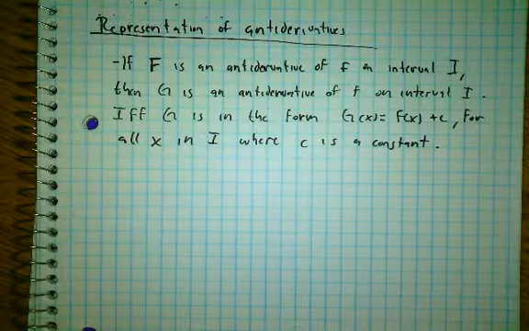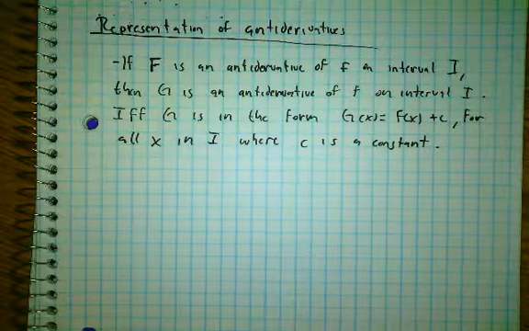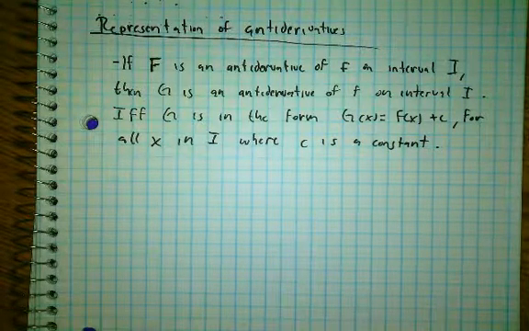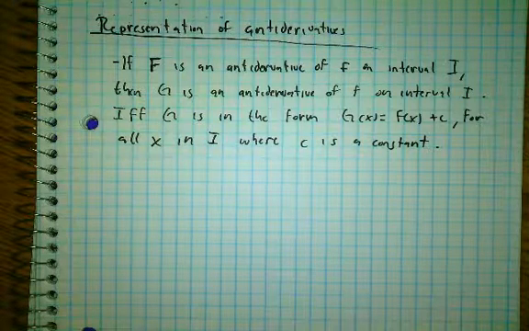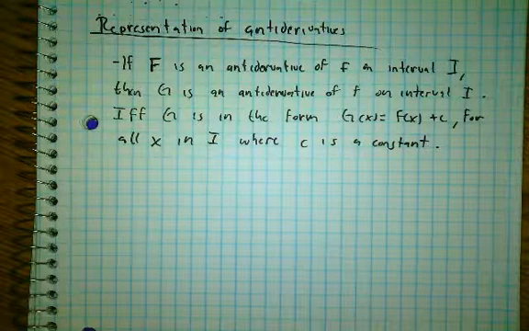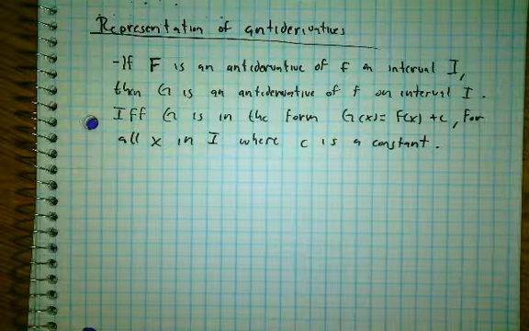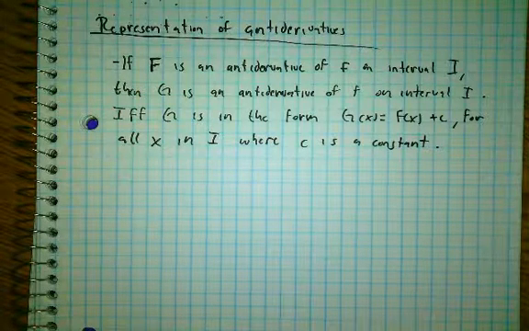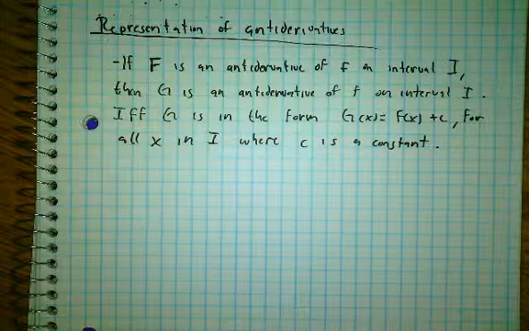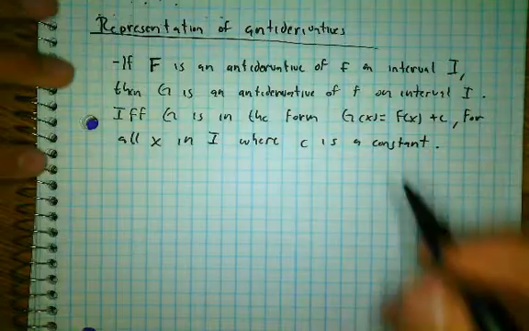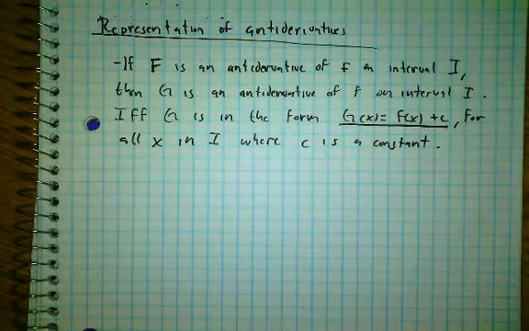Okay? Let me explain what this means, because when I read it, it doesn't really make sense to me either. So we're saying F is an antiderivative of f, and G is also an antiderivative of f. In other words, what this definition in the textbook is doing is changing F to G so you don't get confused. It's the same thing. What I'm really more interested in is this right here, and this is what you need to be interested in. So if you want to highlight or underline that,